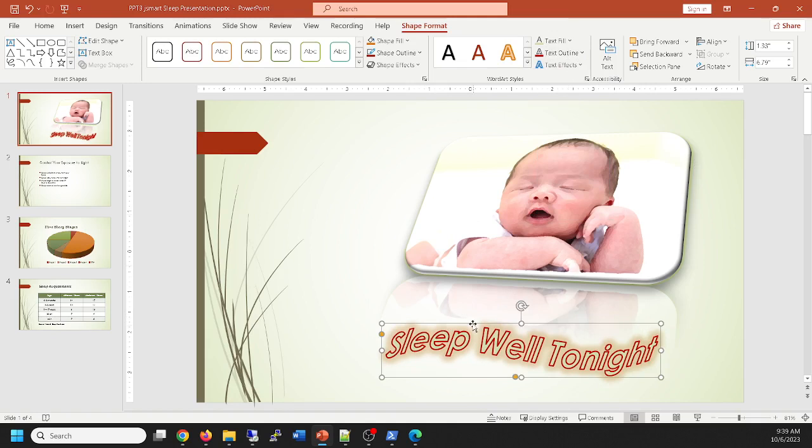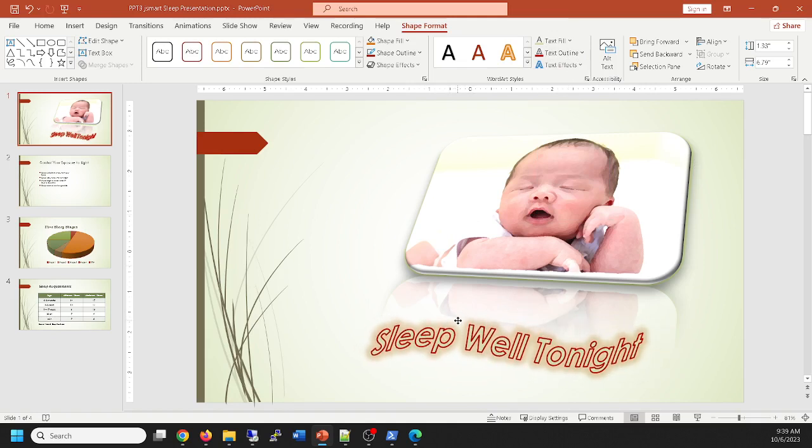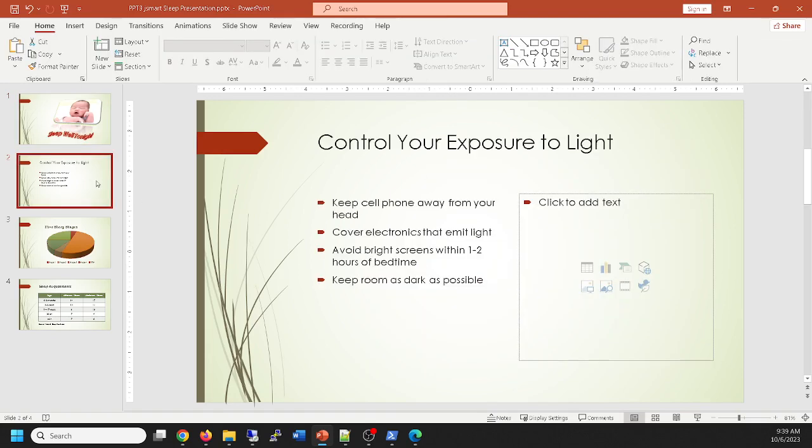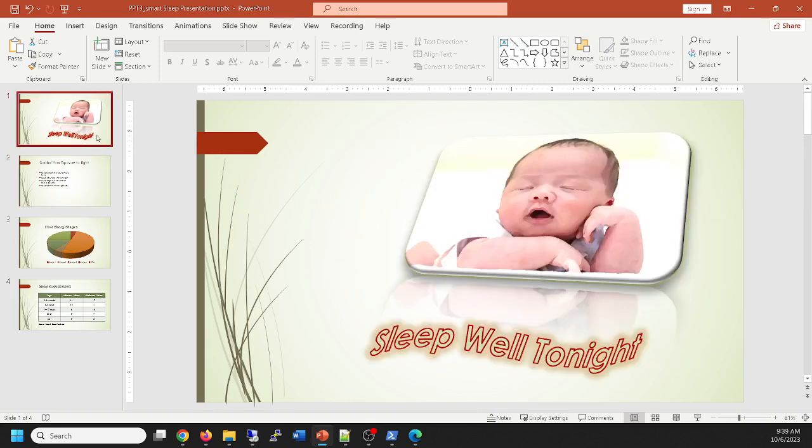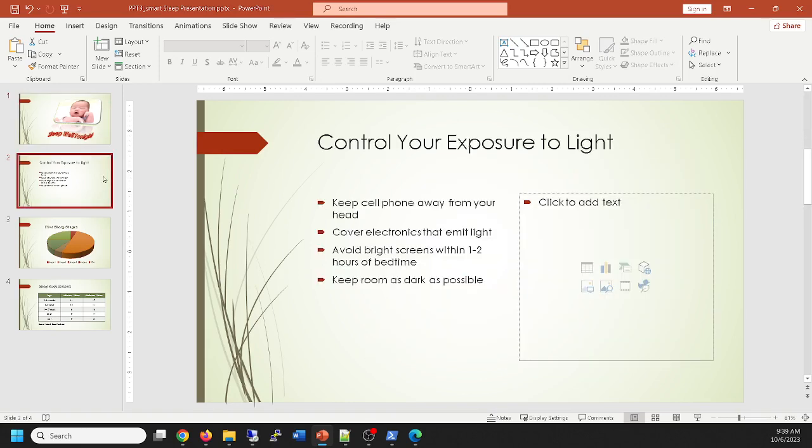Suppose now, after I spend all my time getting this really nice and exciting, I go to my next slide, and boy, is that boring. This was so much more exciting. Can I make this look like that? Well, yes, you can. I can click on this text box, and I can go to Insert, and because that's selected, I can